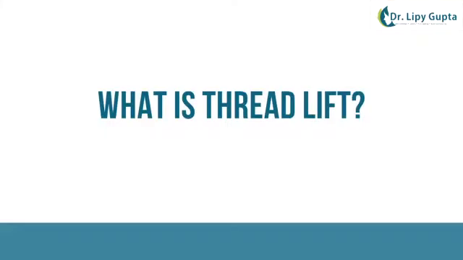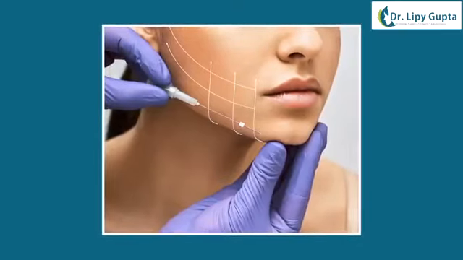Our today's video is dedicated to thread lifts. What is this procedure and why is it becoming increasingly popular? Previously, when we talked about anti-aging procedures, we used to talk about procedures like Botox and fillers. Filler was basically a hyaluronic acid material which was injected into specific fat bands, which lift the skin and made you appear younger and more youthful.